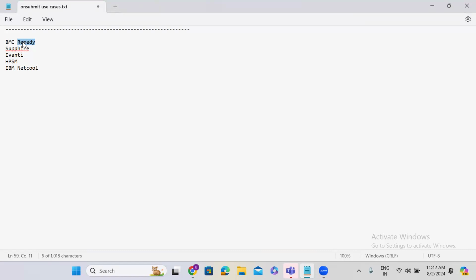Guys, remember this point. When every employee is using ServiceNow, that means there are opportunities on the ServiceNow product. If you take any organization, every employee must be using ServiceNow in their organization. That is why we have so many openings on ServiceNow. Okay,